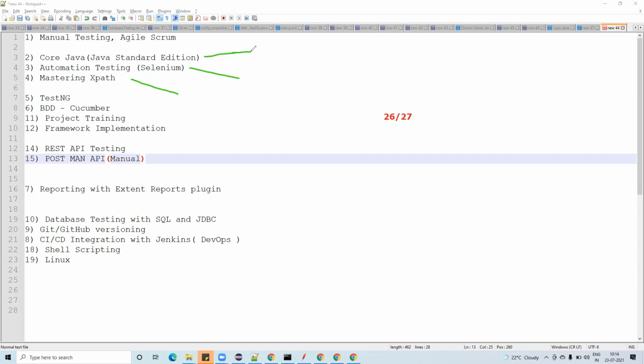Similar questions: What is the static keyword? What is the final keyword? What are static classes? What is inheritance? What is polymorphism? What is method overriding? What is method overloading? What is the difference between this and that? What will happen if I give the final keyword to one of the methods? When you practice all these things more, you will get more hands-on experience.